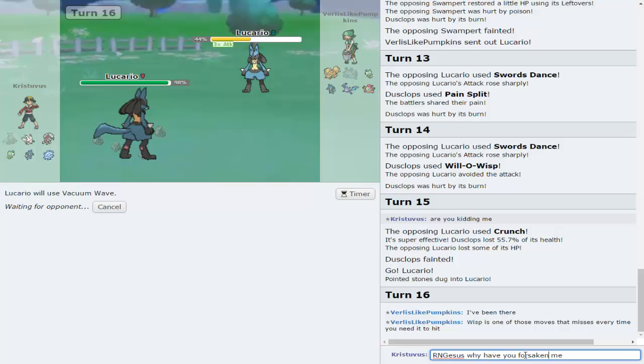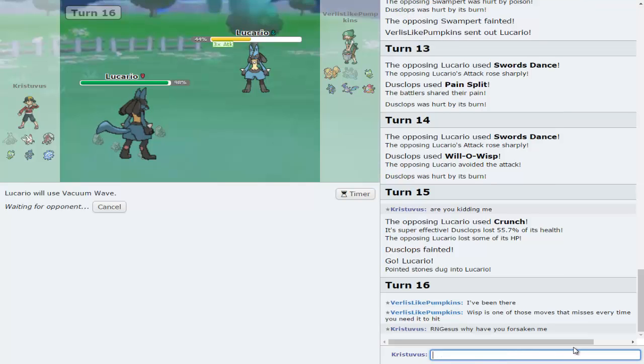There we go. I don't know why I put the E in there. Looks like foreskin that way. Wisp is one of those moves that misses every time you need it to hit. Yeah, this guy knows. Anyways, I just Vacuum Waved, so hopefully